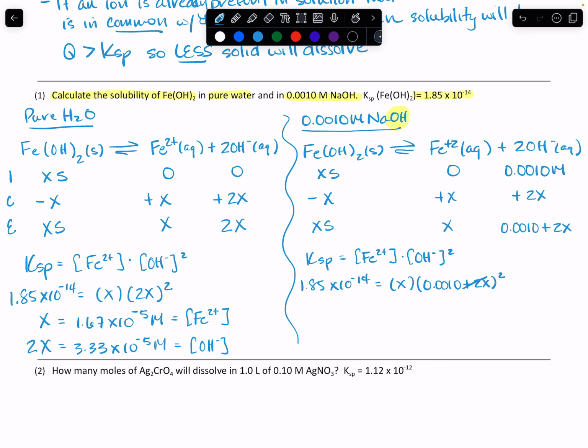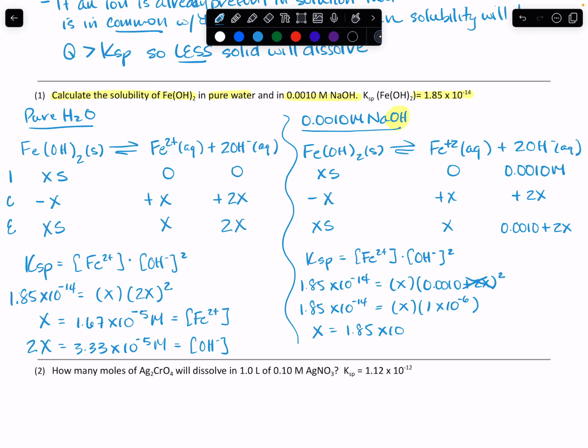So we're going to assume that this doesn't matter, and that's going to simplify our math for us. We end up with 1.85 times 10 to the negative 14th equals x times 1 times 10 to the negative 6. That's that 0.001 squared. We divide that over, and we find that x is going to be equal to